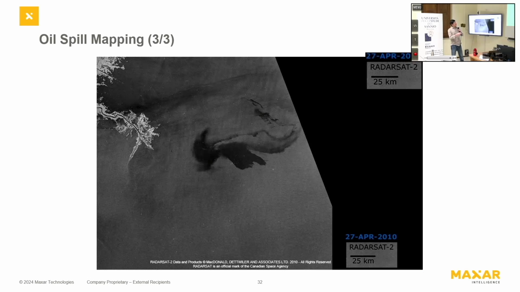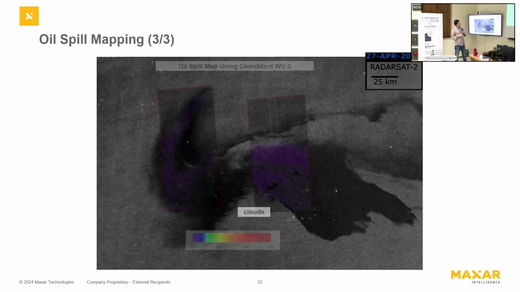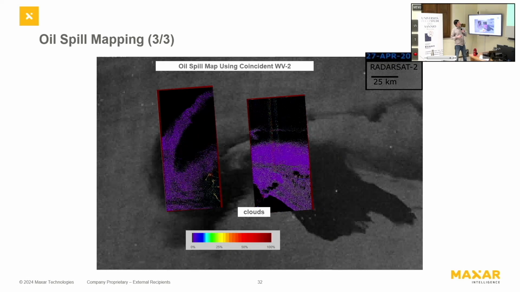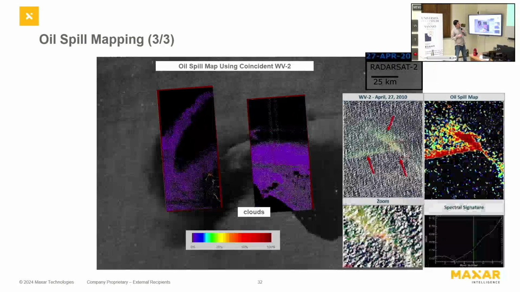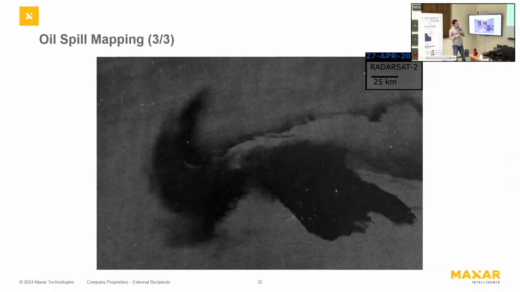And so this is RADARSAT. Oil spill and SAR is one of the killer applications. If you have a SAR image, oil spills are really, really easy to do. But you can get also optical images. And the nice thing about optical images, you can get now oil content because of those curves I showed you earlier. And I believe that you can do something similar with SAR too, but